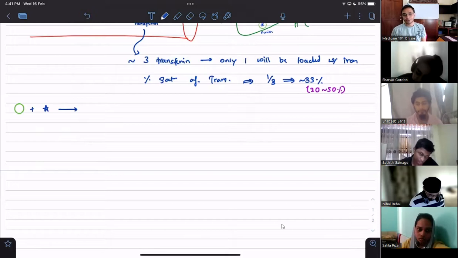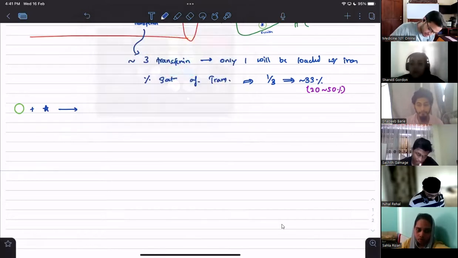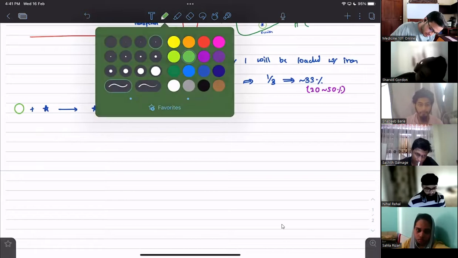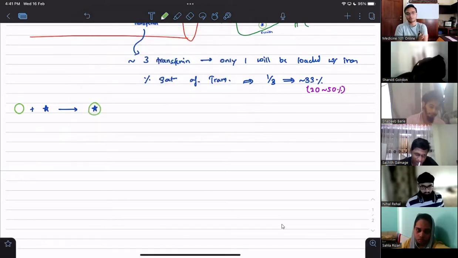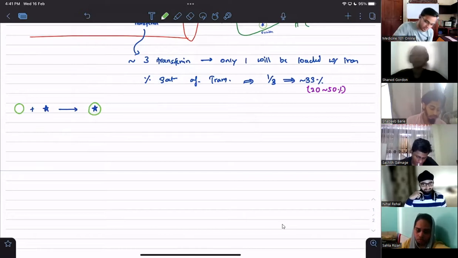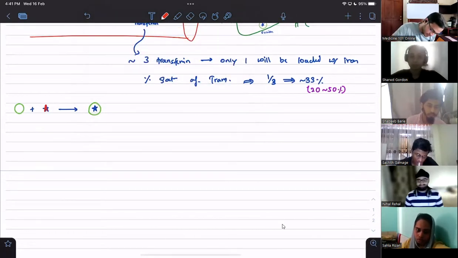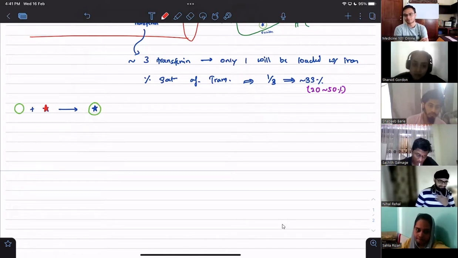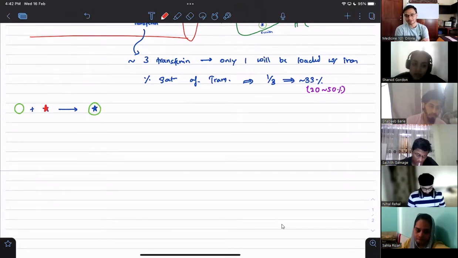Can someone name this molecule to me? Okay, I will draw the finishing product also. Gives what? This. What is this molecule? You can draw a red one here, it's better to draw the red one here. What is this? This is like Montessori. I'm teaching you all, very important to understand these concepts.